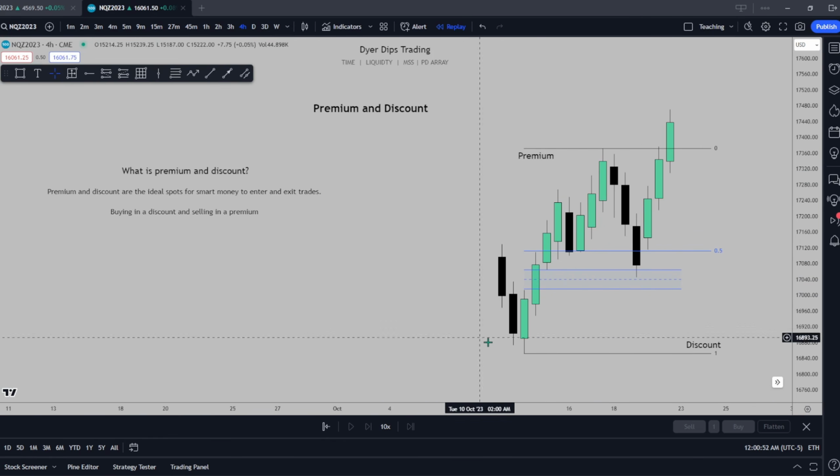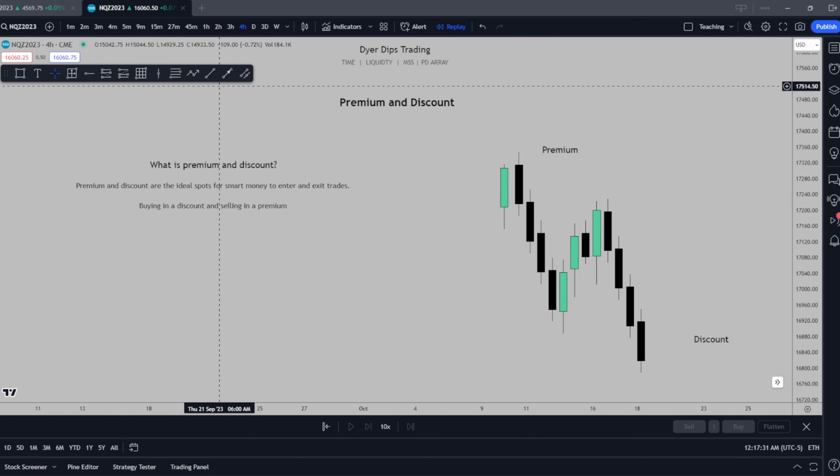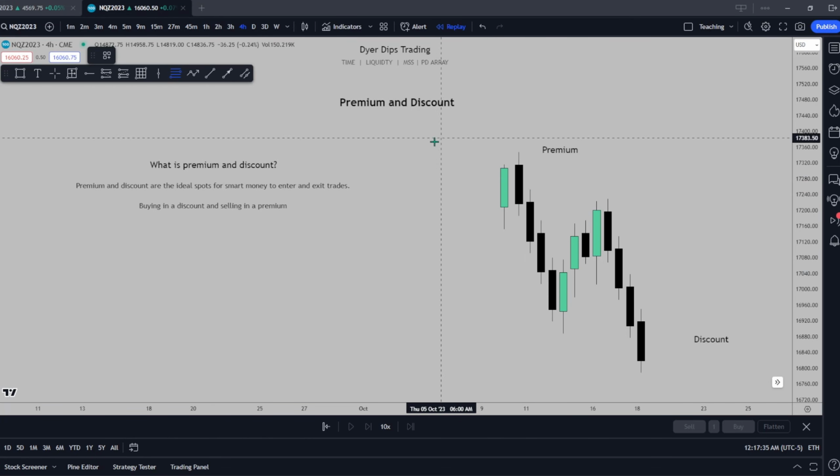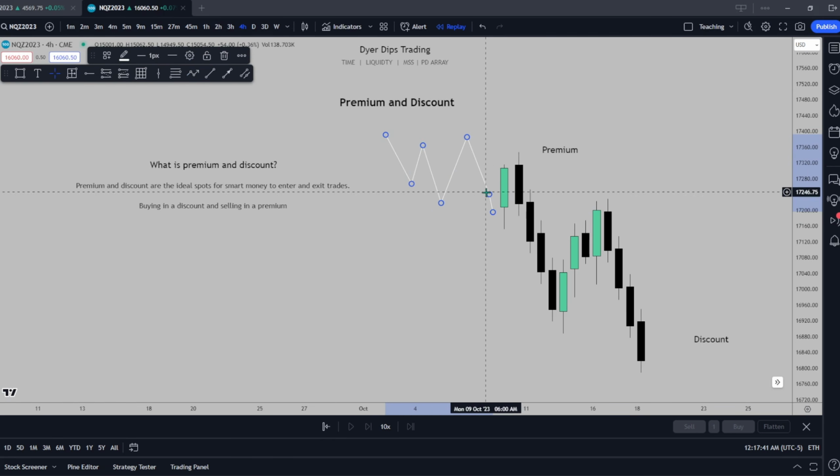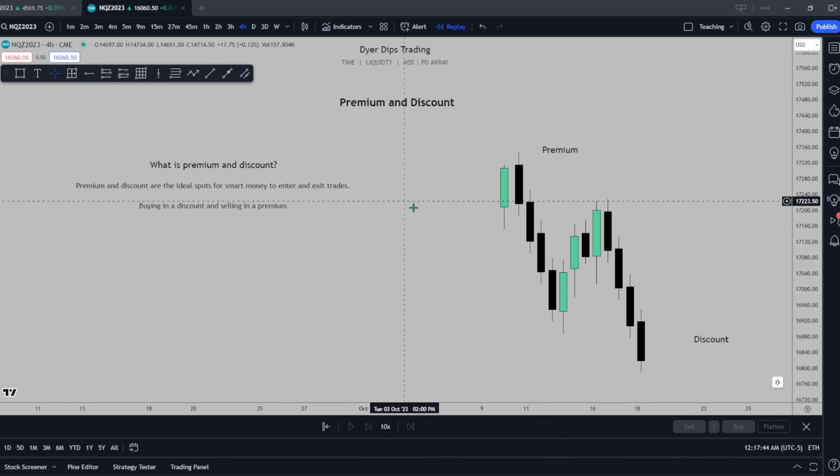So now that we kind of have an idea for what this bullish trend might look like and a bullish premium and discount example, let's go ahead and hop into the bearish example. Alright, so now let's take a look at the bearish case here. Taking a look at this downtrend, we're going to pretend once again that we're making lower lows and lower highs, and now we've come into this candlestick formation here, which is going to be a continuation model. We're still looking to get short here and trade with the trend because that's the safest way to